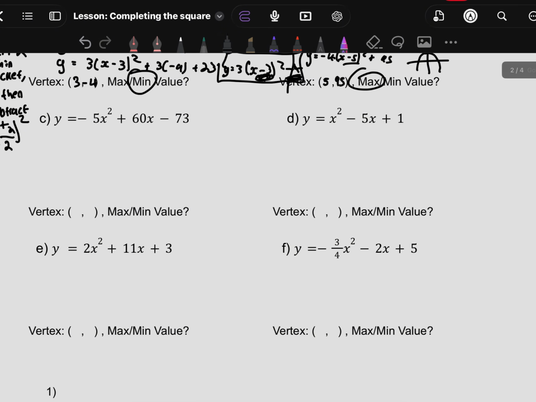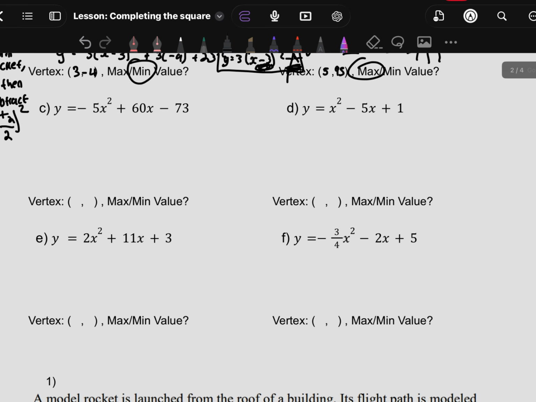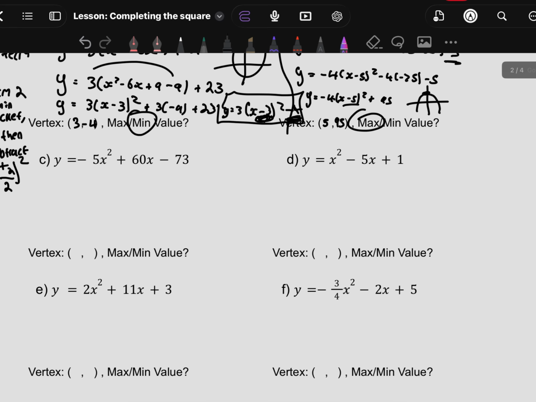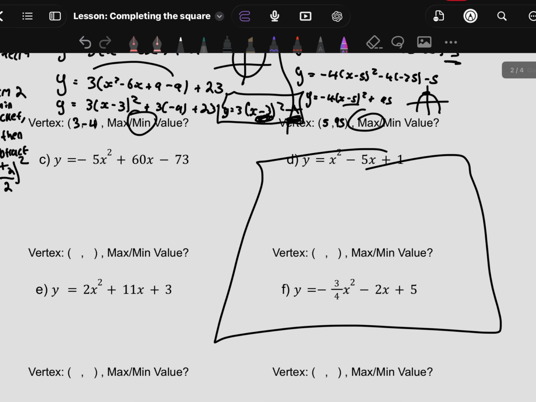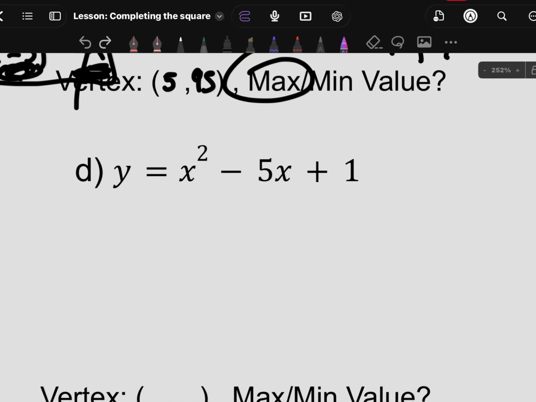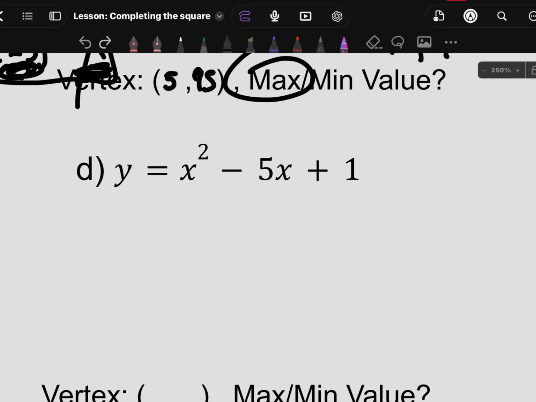Now let's do two more examples, and I'm just going to be doing these ones, since these ones are a little bit more different compared to these. So it's actually D and F that I'm going to be doing. So the first thing you might understand here is that we can't really factor out that first term. So we just skip to the next step. In this case, that's x squared minus 5x. We do negative 5 divided by 2, and then we square it,